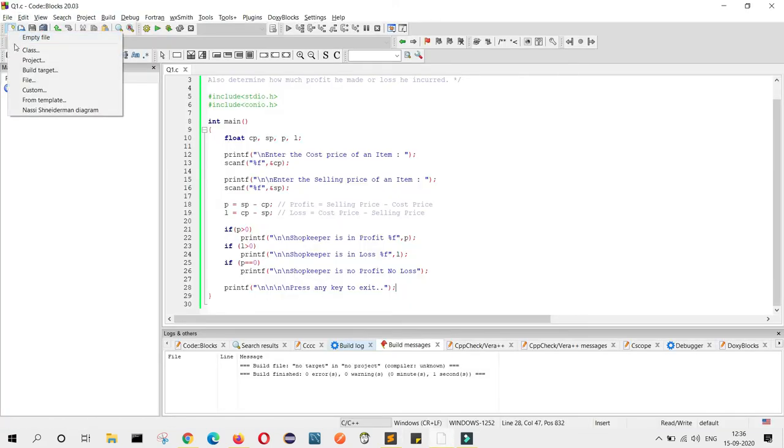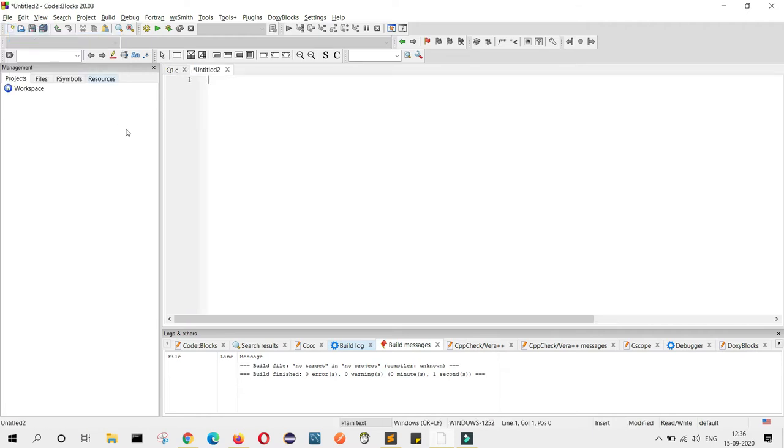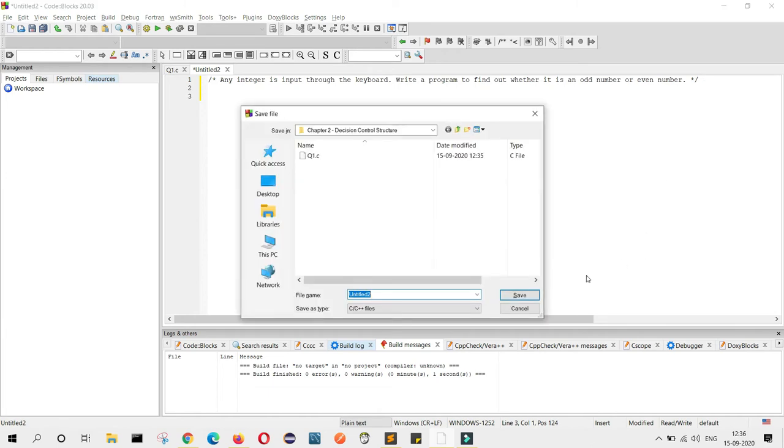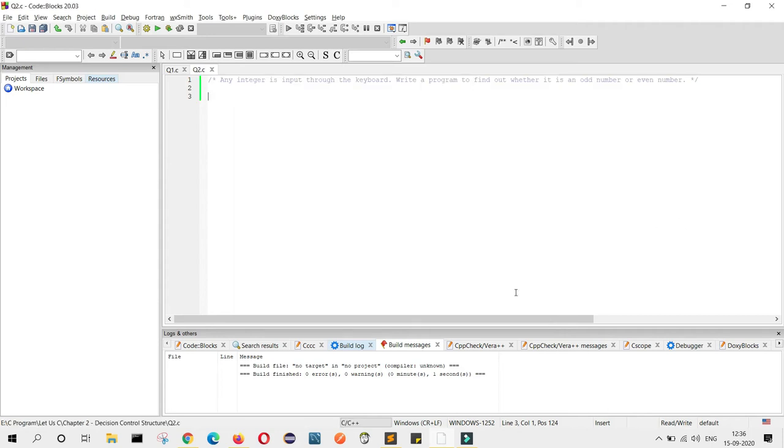Let me create an empty file. Here I will paste my question. The question is, any integer is input through a keyboard, write a program to find whether the number is odd or even. Okay, here we will find the odd even. Just save this. That is question 2 in decision control structure. Save. Now we will write